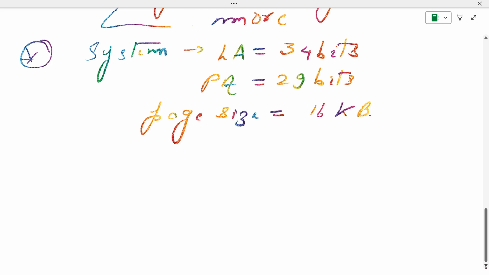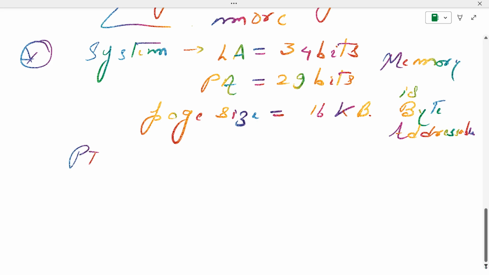And memory is of course byte addressable. Right? Now if the PTE is equal to 8 byte,